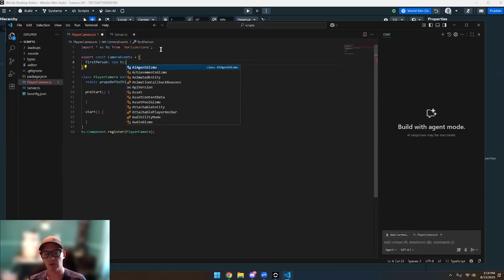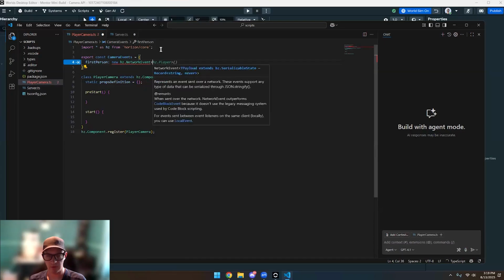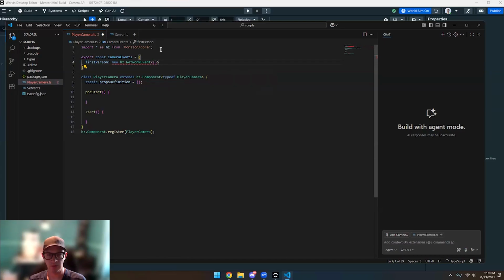When communicating between a server script and a local script, we have to use a network event in order to do that communication. And I won't be accepting any parameters. I think I can omit this part, but I'm just going to leave it empty. Open parentheses. Now I'll name this first person. It's the name of the event. And I think that is all I have to do to define my network event here, which means now I